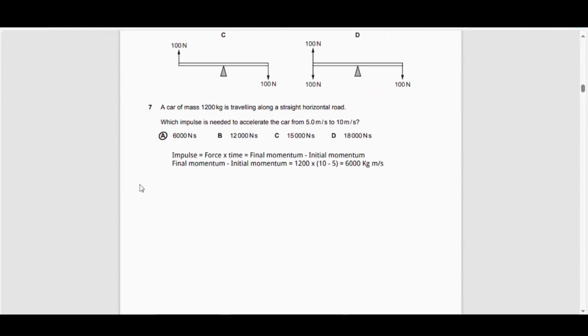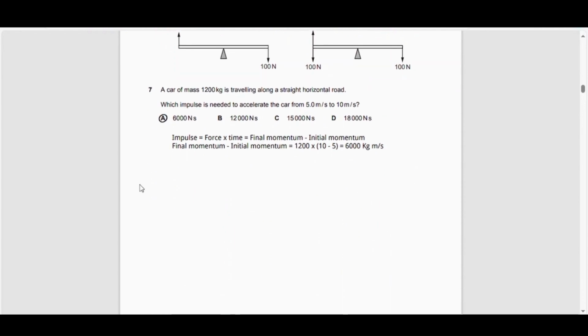So 7th question. A car of mass 1,200 kilograms is traveling along a straight horizontal road. Which impulse is needed to accelerate the car from 5 meters per second to 10 meters per second? So this is a calculation style question. In calculation style questions, I like to ask myself what is given to me, and what is needed. So they're asking you to calculate the impulse, and they've given you the final velocity, which